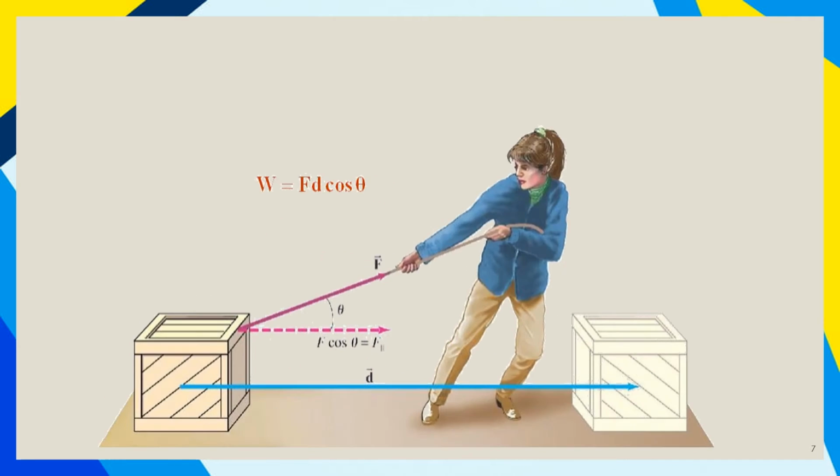To perform work, there needs to be displacement. People need to apply force on the object, and there needs to be a displacement. So suppose this lady over here is trying to pull a box with the help of a rope. When she is pulling the box, she is applying force on the box, right? And that force is making the box move, and the movement of the box from one position to the other is called the displacement, right?